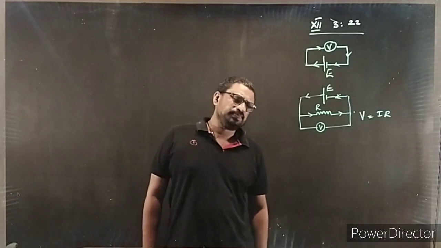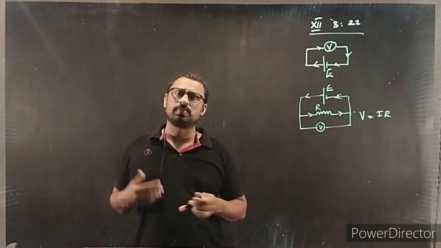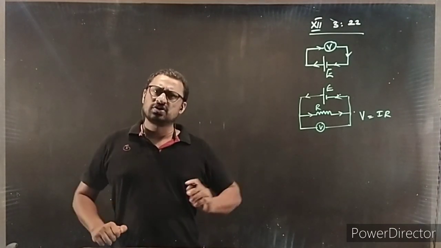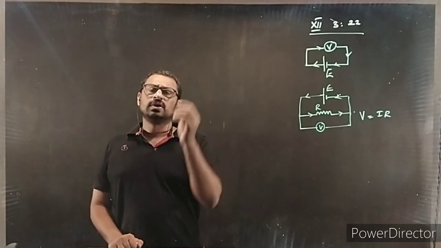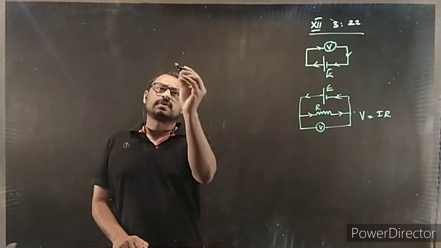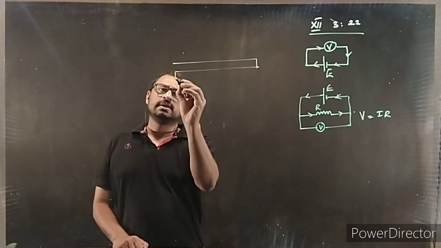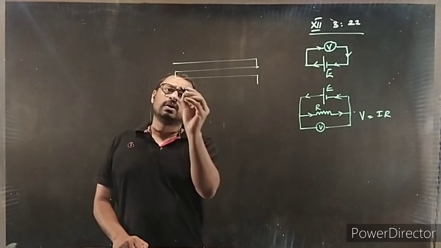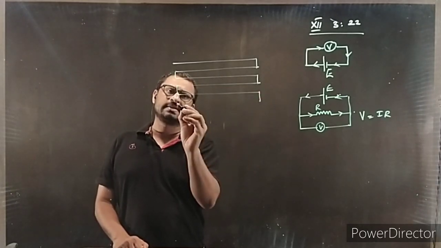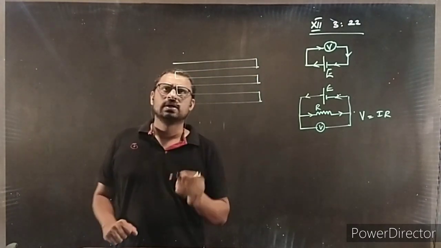So that's the basic difference between EMF and potential difference. Now let me explain how we measure the internal resistance using potentiometer wire. Again, the primary circuit of the potentiometer is exactly the same. You have to explain the figure for your actual board exam. Like you have a long wire, 10 meter long, made like this on a wooden plank, just like above.